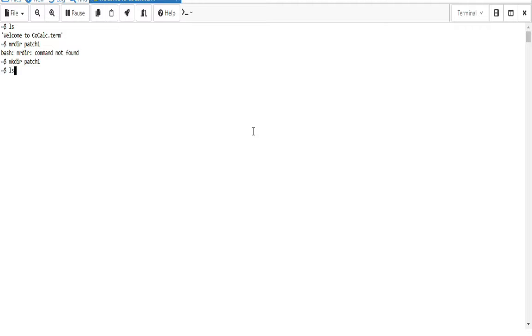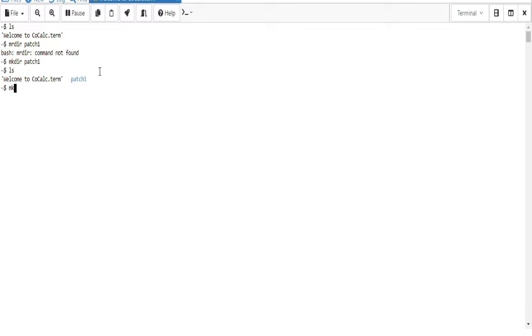Now I will check ls. Previously no directories were there, but now the patch1 directory has been created in the current working directory.